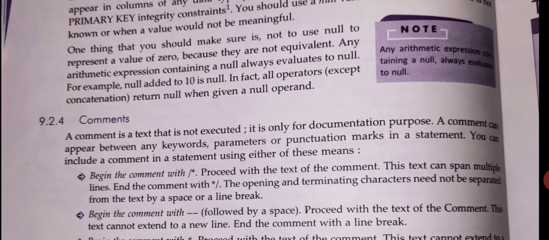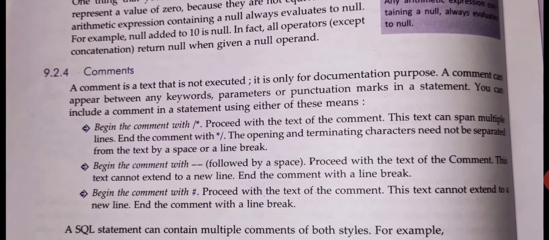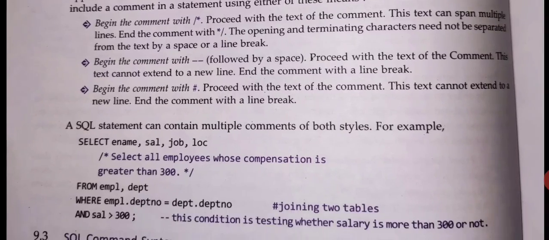Now, a comment is text that is not executed. It is only for documentation purposes. I have also discussed in Python that for comments we use the hash. Here, you begin the comments with slash star, followed by a space. You can also begin the comment with a hash, that we have discussed in Python also. Now students,